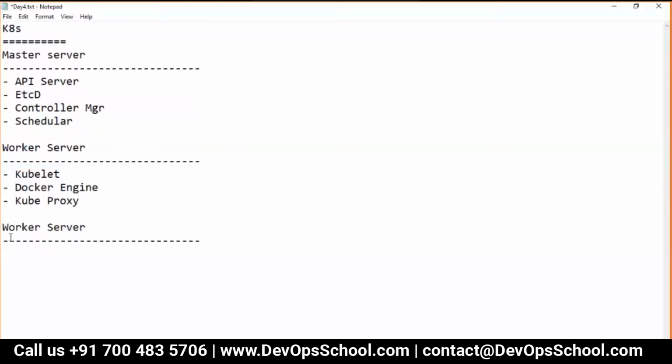In the workstation server we have kubectl. So these are the things which we have in the Kubernetes server. So are you agree with me? Correct? Am I missing any components, or this is the complete one?